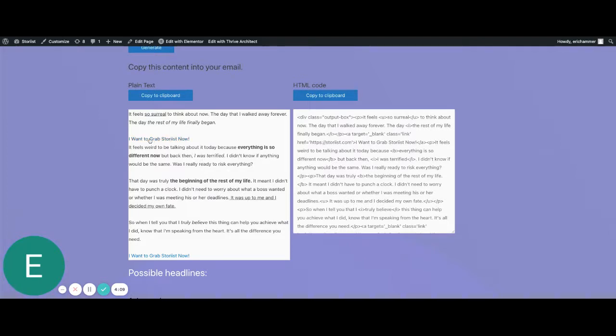You see here, we have the link. It's set up correctly for you. All you do is click copy to clipboard, and once you've done that, it will be available to you. You can simply press Command V or Control V, depending on if you're on Mac or Windows, inside of your email, and it'll paste it. If you prefer to get the HTML of it, because some email